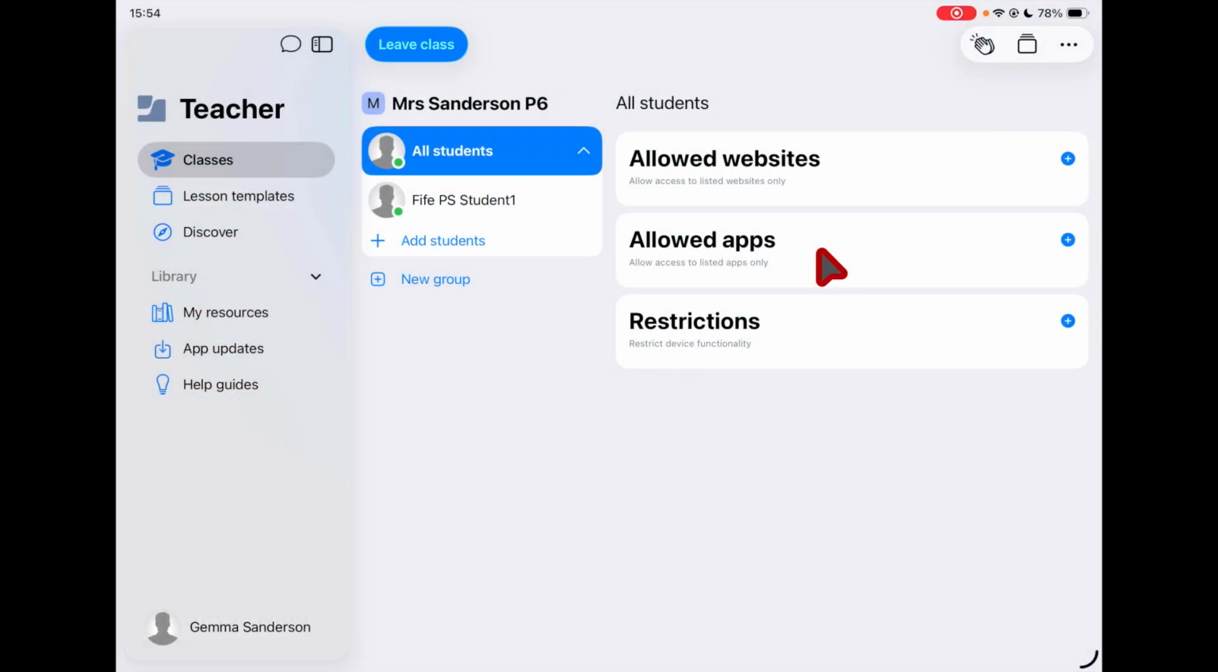The Allowed Apps feature lets us decide what apps are going to appear on our learner iPad screens. This is helpful if we're wanting learners just to access a couple of the apps to support their learning. Essentially, all of the other apps are hidden from their screen, and when the restriction ends, all of those apps